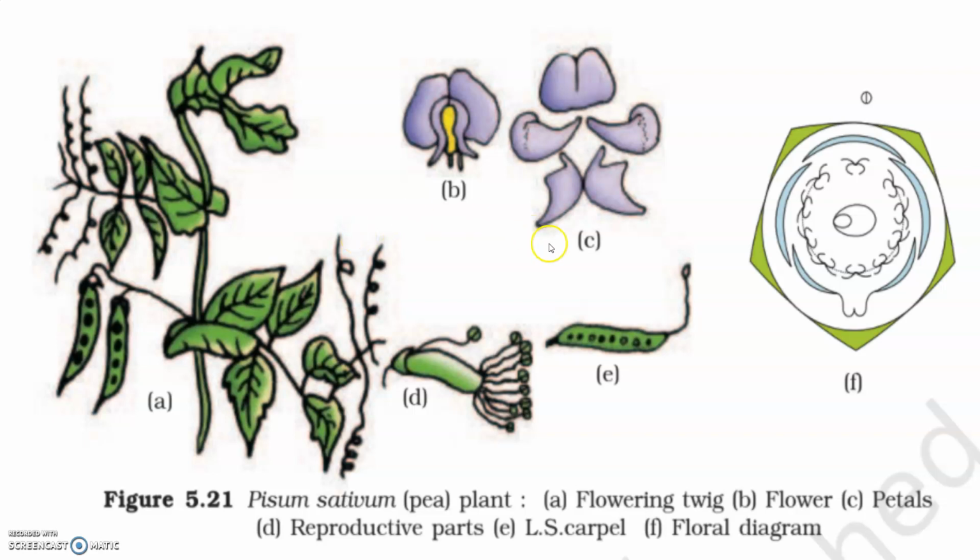Here the floral diagram and formula can be represented like this. They are zygomorphic, they are bisexual. Calyx are 5 and they are united. Corolla, they are 1 plus 2 plus 2, and 2 is indicated in the bracket, the last number. Androecium, they are 9 plus 1, these are 9 in a whorl and 1 is single. And gynoecium is containing a 1 with a superior ovary.